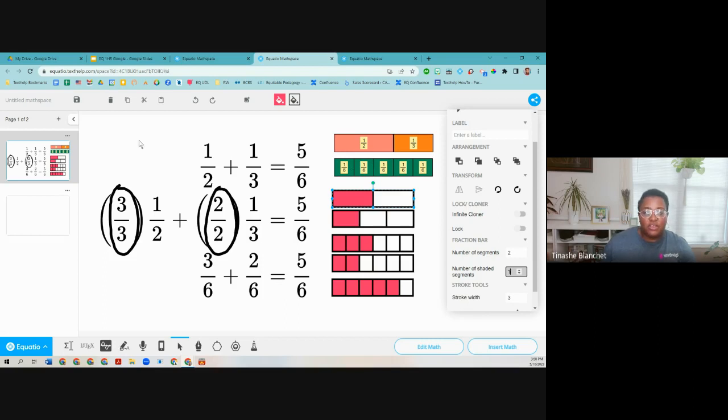And so another thing we also want to note about Equatio is that Equatio is not a curriculum, right? Equatio is a tool that is meant to be a layer on top of whatever curriculum you already have. It's giving you a way to represent it differently, to go deeper with the math, which is something that I'm always advocating for, right? And so even if the teacher gives the kids a worksheet with 20 problems on it, for some students, that can be really overwhelming, right? And so the idea is that you could take Equatio Math Space and give them a page for each problem, right? And then they have this powerful toolkit that they can use to represent their knowledge in lots of different ways.